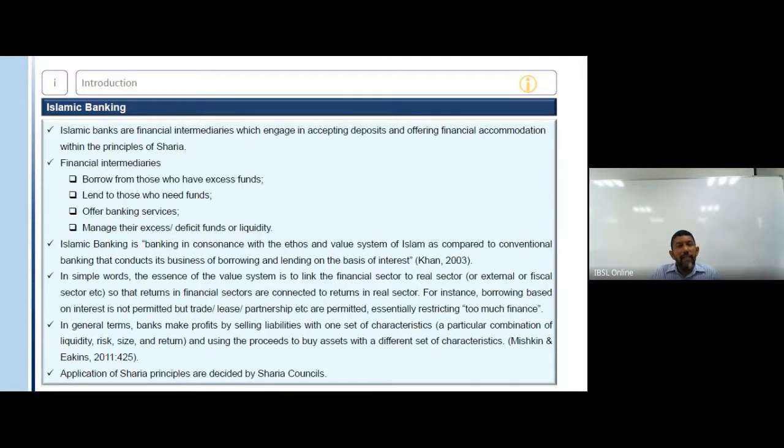So once we define that, there could be further questions in your mind. Okay, why is that, if banking, generally we say, is borrowing on interest, perhaps at a lower rate, and lending on interest at a slightly higher rate, and making money in between. And if you say there is no interest involved in Islamic banking, how do Islamic banks operate? To answer that question, we need to understand the underlying philosophy in Islamic banking. And the underlying philosophy is that